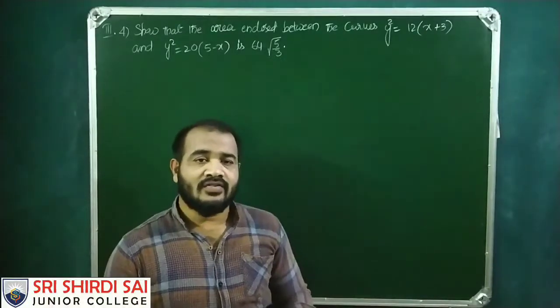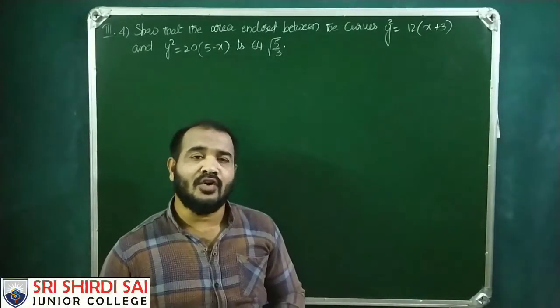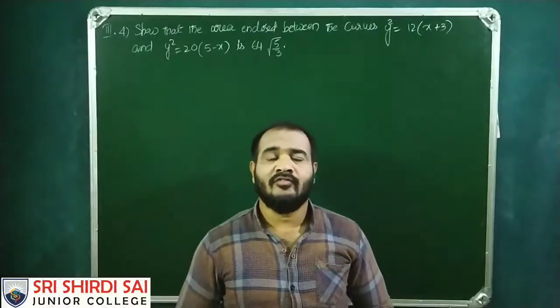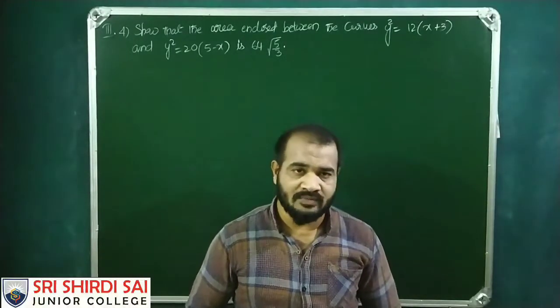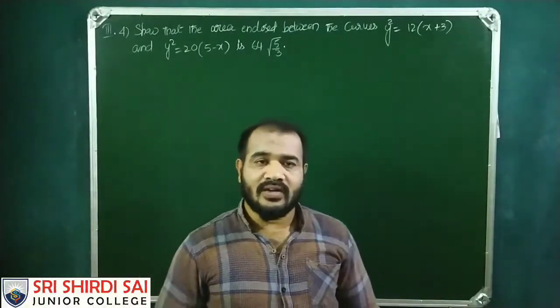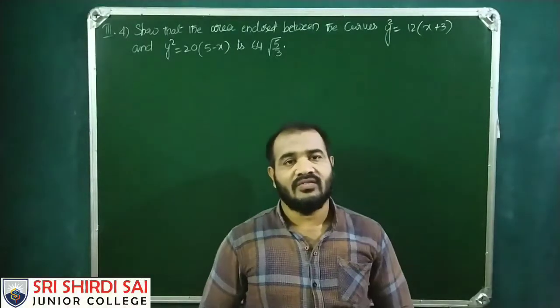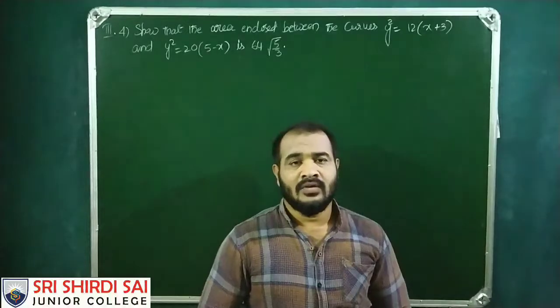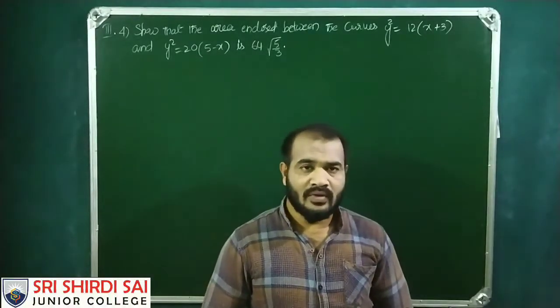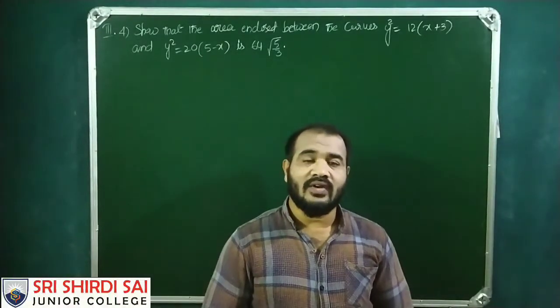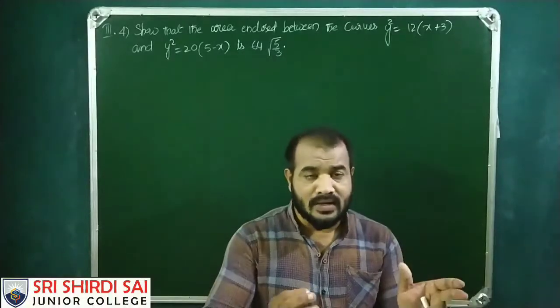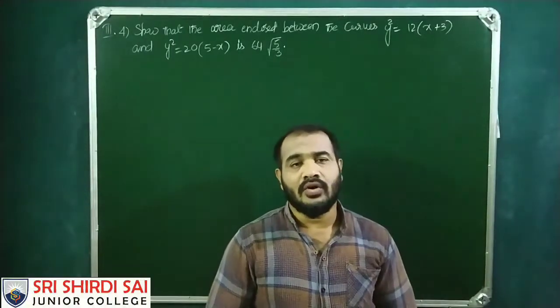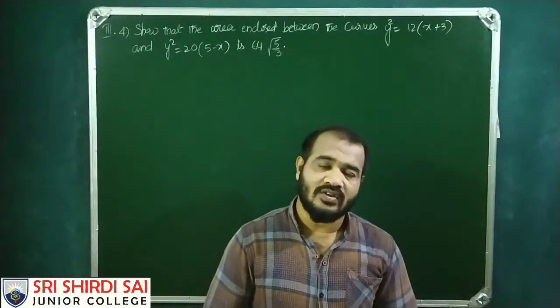The parabolas are said to be in standard form if and only if the vertex is at the origin. So y square equals 4ax is y minus 0 whole square equals 4a into x minus 0. Therefore, the vertex there is 0, 0. In the same way, x square equals 4ay also can be written as x minus 0 whole square equals 4a into y minus 0. The vertex is origin 0, 0.